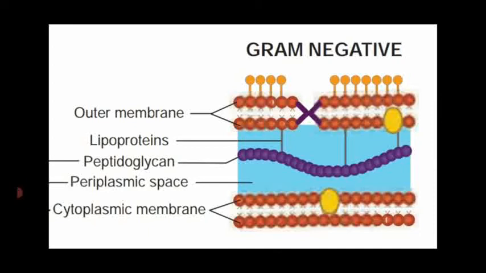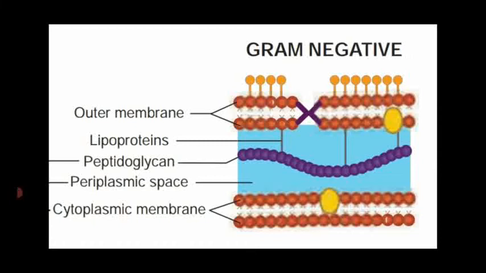Lipoprotein, outer membrane, and see the orange color, tennis racket structure or ball shape, with a stalk-like part. That is said to be, what is that one? Lipopolysaccharide. So these three regions are absent in the gram-positive bacteria. Only the cell wall is present. Outer to the cell wall, that is peptidoglycan, lipoprotein, outer membrane and lipopolysaccharides are absent.